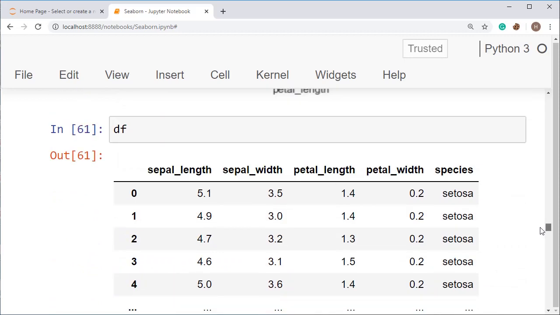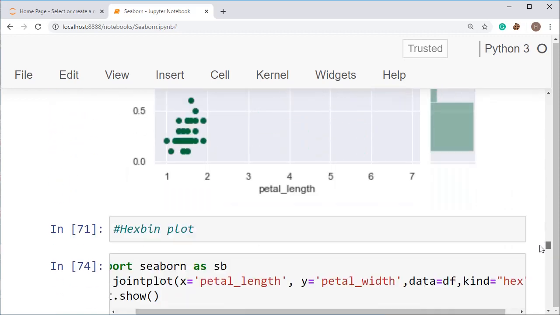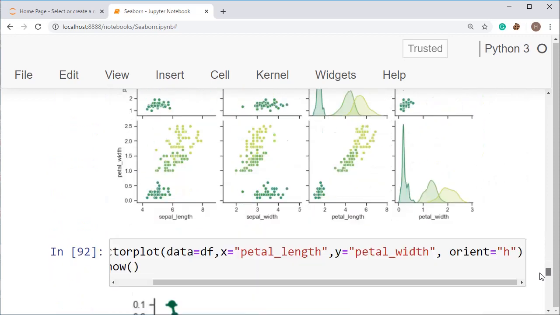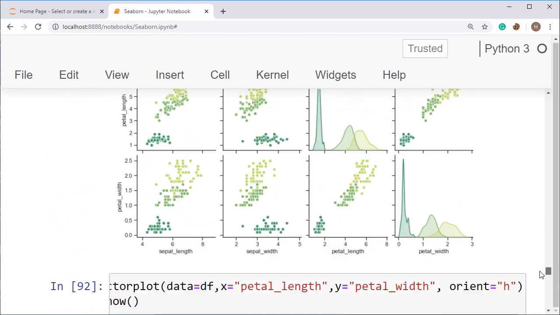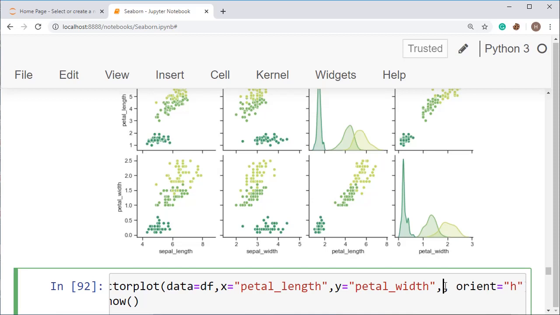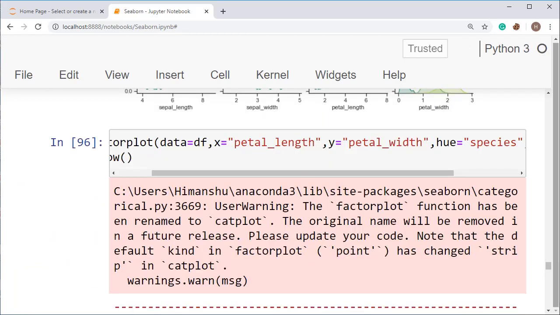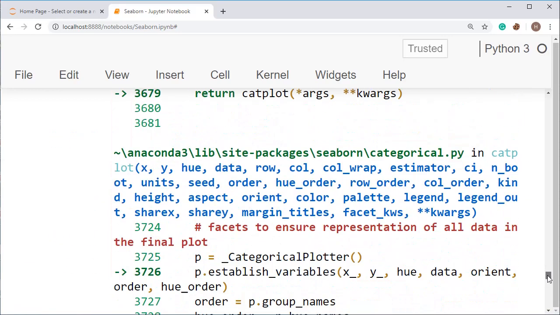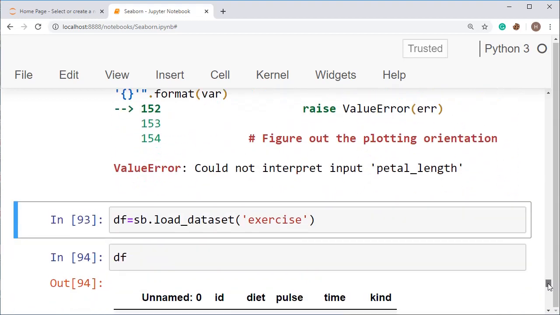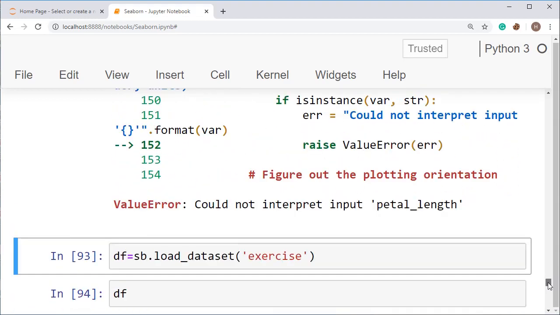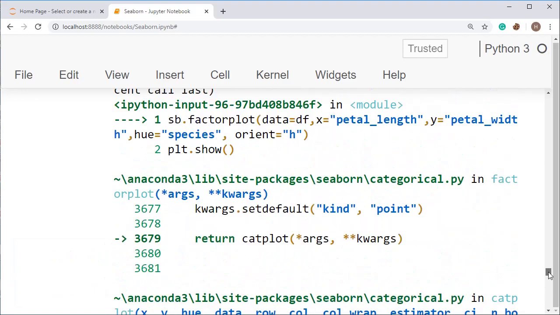Here we have the species. So if you use species here, where we got the error with hue, then when you set hue is equal to species, you will not get any error, and you will get the desired outcomes. See here, this one is showing the error: could not interpret input petal length.